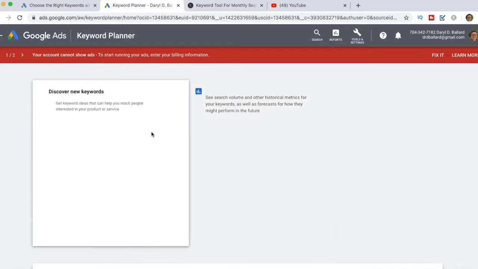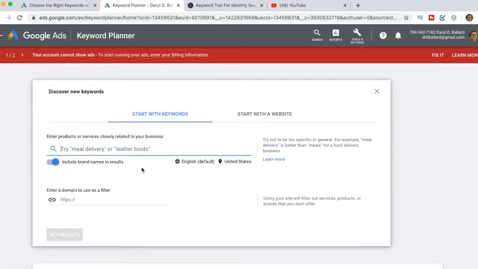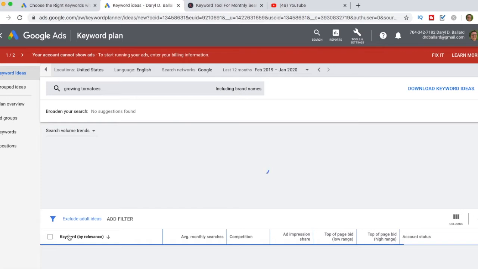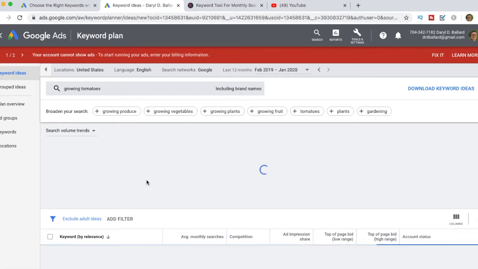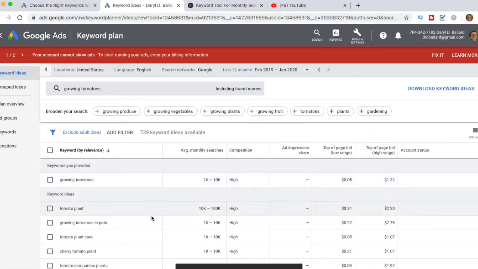and it will help you out. Okay, so let's just put in here growing. Let's say we're in the gardening niche and we're gonna grow tomatoes. Okay, you click on get results, and what you'll see here is a list of search terms related to that,